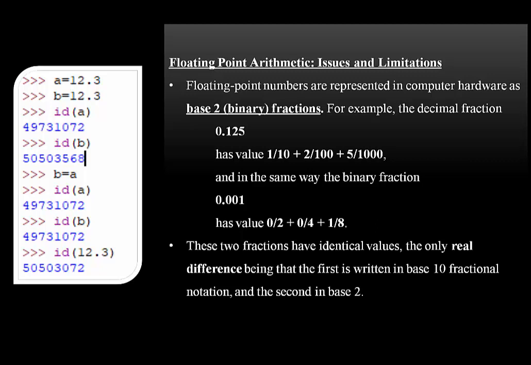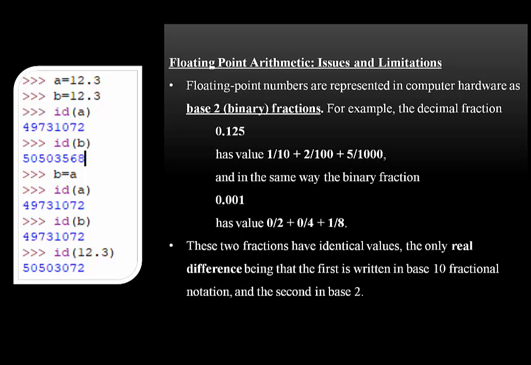So when you say a is equal to 12.3, it is stored with those 52 numbers after the decimal point. Again, when you say b is equal to 12.3, it is stored with those 52 numbers after the decimal point. So there may be a difference in some digit, so it's getting stored in two locations. That is because there is a difference in digits after the decimal point, okay, not before the decimal point. Because there is a difference in digits, this is stored in two different locations, and that is why you get to see the ID different. Hope I am very, very clear.